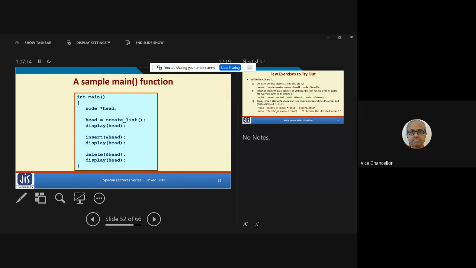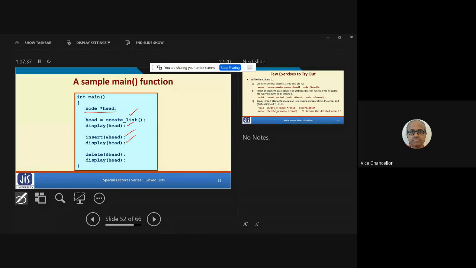And a sample main function will look like this. You can declare a node pointer. Of course, the declaration of node I have not shown. That will be there in the beginning before we implement. You create the list. Let's say I'm displaying the contents.